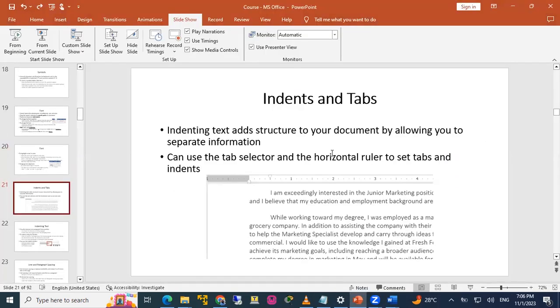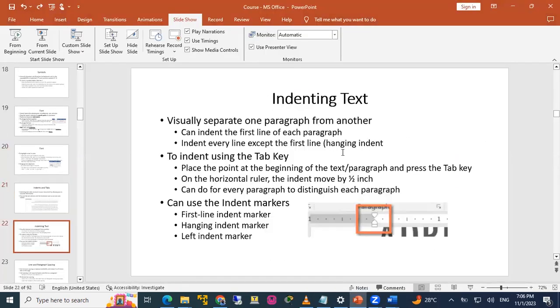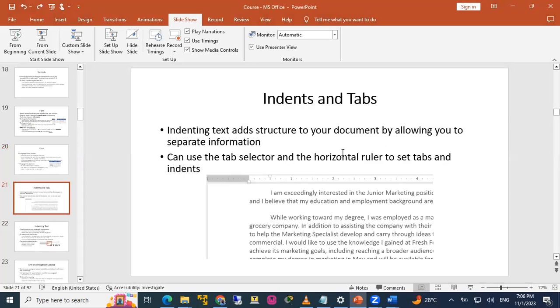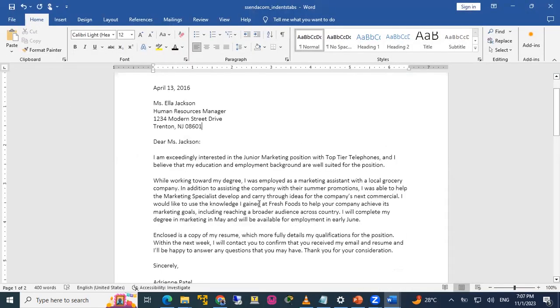Now we go to the indents and tabs. This is where the ruler comes in. If you want, like the way we used to write the old letters, a paragraph needs some space between the first line and the second line. There will be a small space. That's what we call the indent. I can use the Tab key on the keyboard.